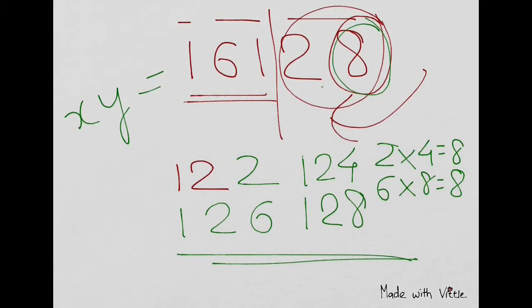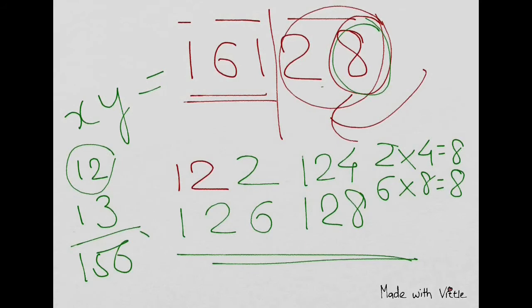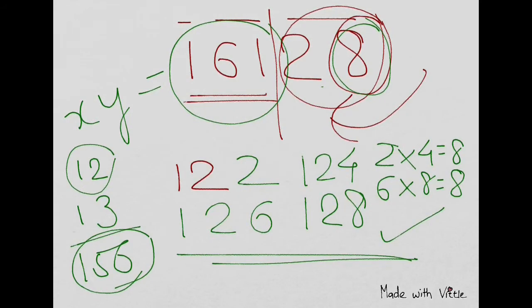Again you can use the same trick to eliminate between these two. Like 12 was your starting point, right? 12 into 13 is how much? 156. So we check 156 against this one. 16128 is greater than 156 in the leading digits, so we will take the higher one. If you check with your calculator, 126 into 128 will give you 16128. Correct? If you have any doubt, just post in the YouTube comments or maybe in the blog, or just hit a like.